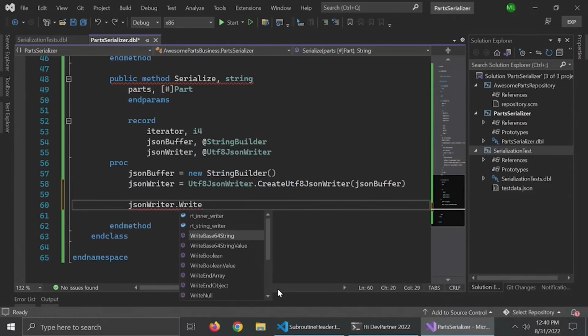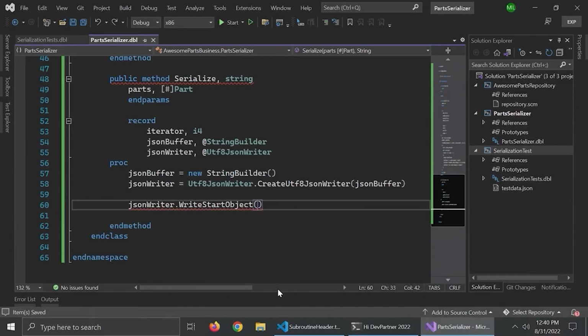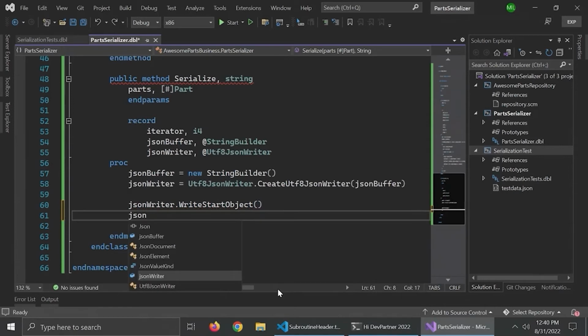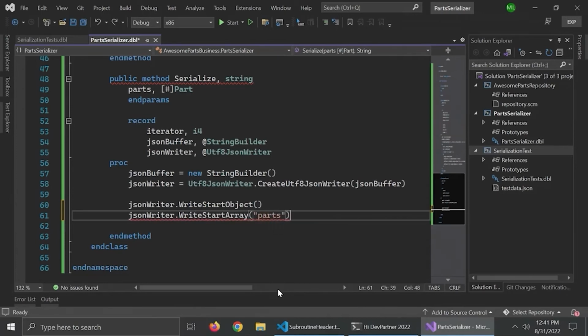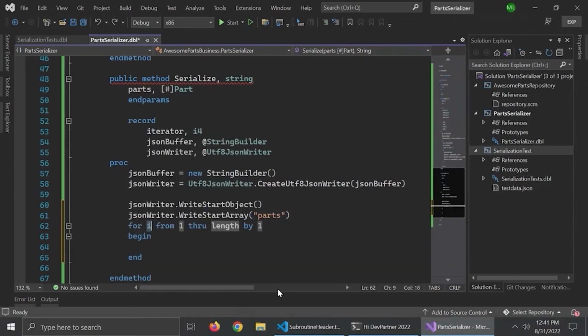We're going to write WriteStartObject with no arguments because we want that empty object on the outside. Then we're going to write start array because our parts is an array. Really that easy. This is going to create the name parts with the start of a value as an array syntax. Now let's iterate over our parts